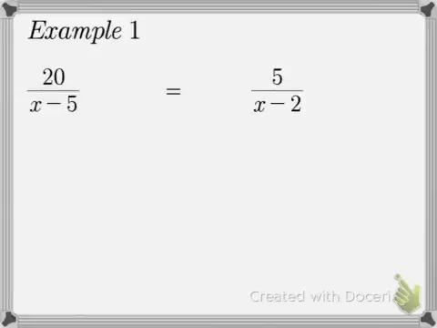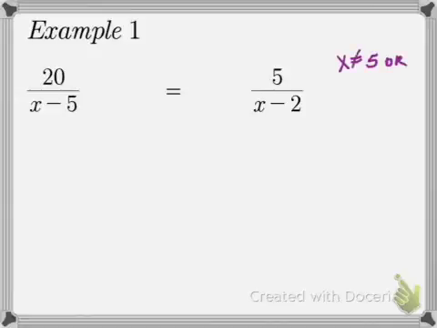You have two fractions that are equal to each other, and this method is only going to be able to be used if you have one fraction equal to another fraction. Before you even start working this out, though, you might want to take note. If you look at the bottom of each fraction, x minus 5 is on the bottom of this one, x minus 2 is on the bottom of this one, that should go ahead and let you know that x is not allowed to equal